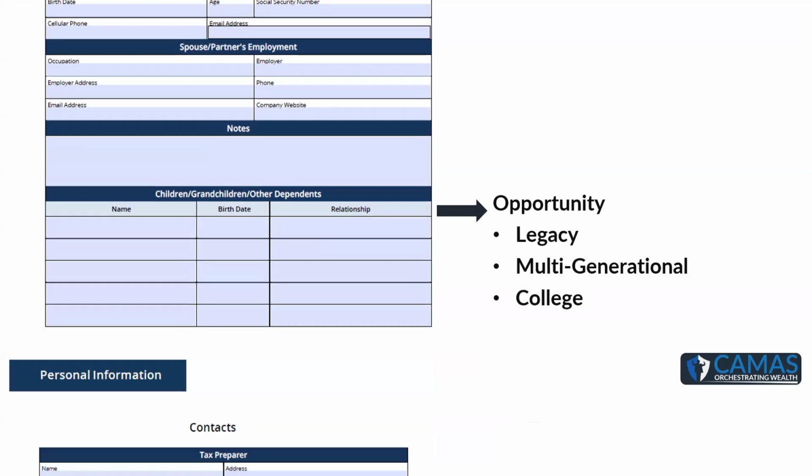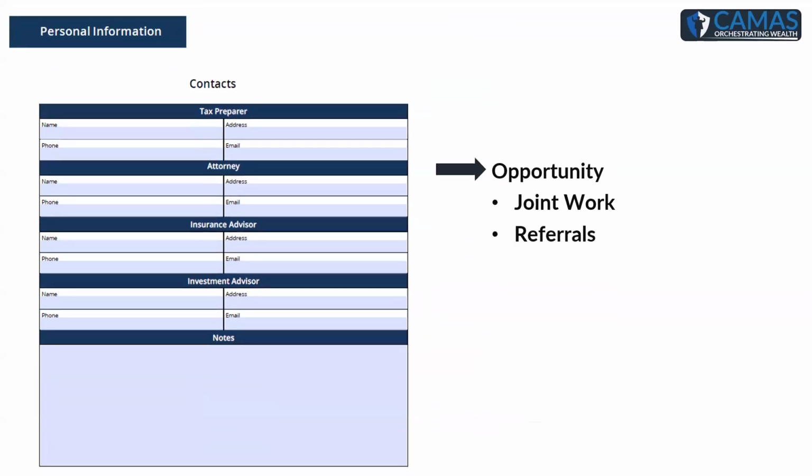If I'm looking at their opportunity, their current advisors, number one, do they have other advisors? If they do, I want to reach out to them. I want to start building that relationship. And if they have holes, they don't have a CPA that they're working with, let's help them find a good CPA. Let's help them find a good attorney. All of these pieces need to be filled in. They have to have all of these advisors because we can't do everything for them, but we want to make sure we're working jointly and cohesively with their other advisors or fill in the gaps.